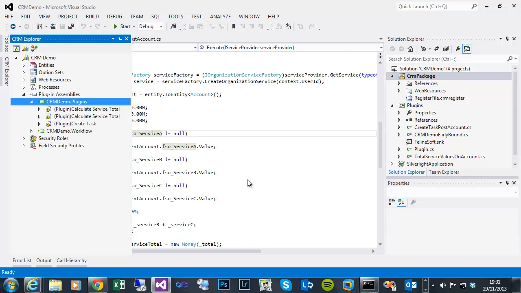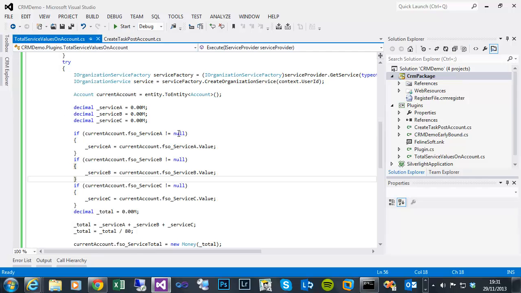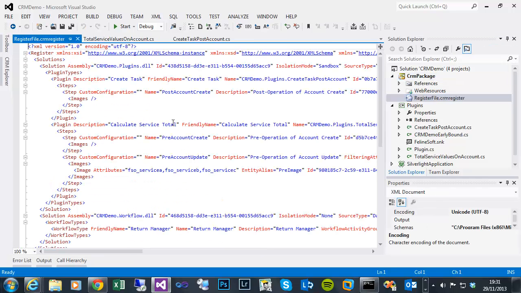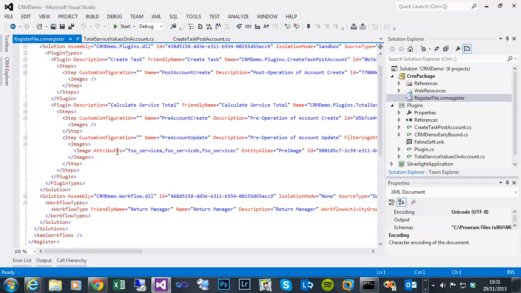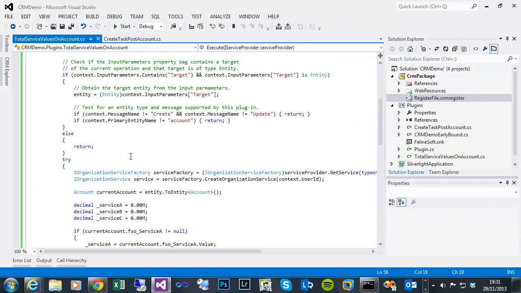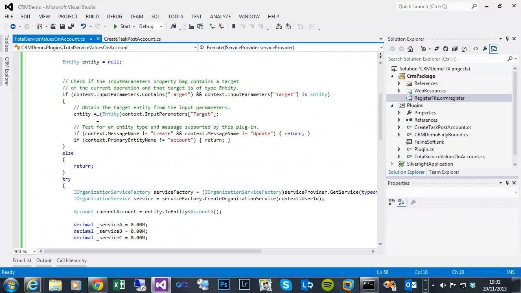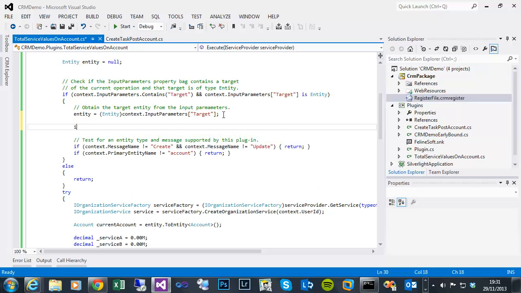So what we can do, that's modified that step. If we look at the register file just to show you, it's added this images node, or image, and with the image node, it's going to take this pre-entity image and pass those values in. So what we can do once we've got the entity extracted, we can do a check